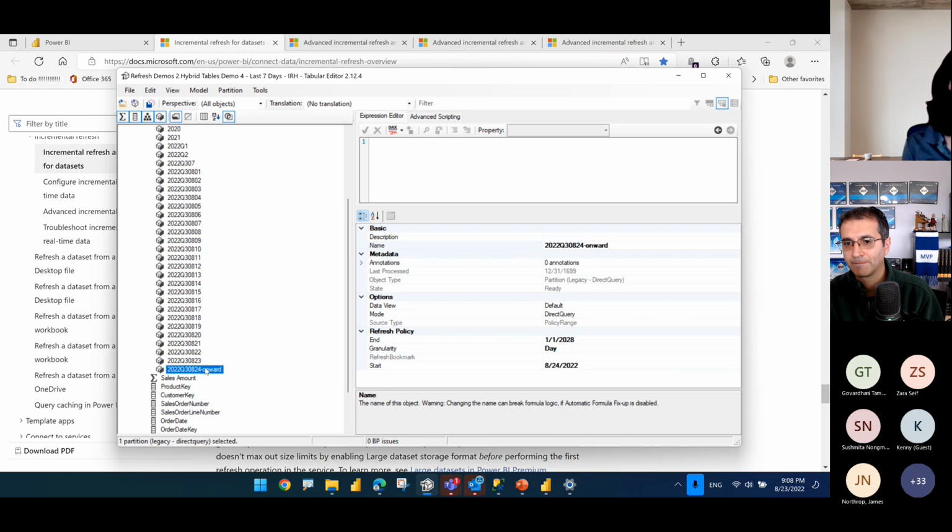You can no longer change your visuals and keep deploying, right? Because you're going to destroy your partitions. So separate your model and your reports first, and then you can do those more advanced scenarios manually. Power BI does a lot of the basic scenarios for you, but when you get into more advanced stuff, you have to do it manually.